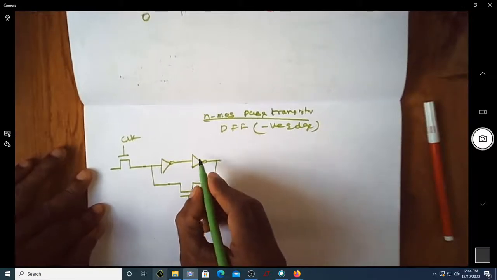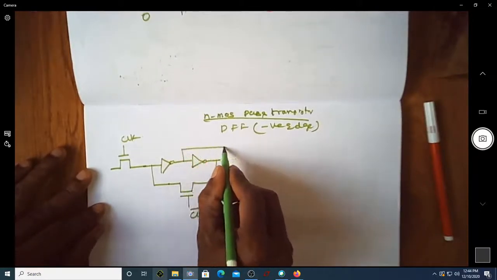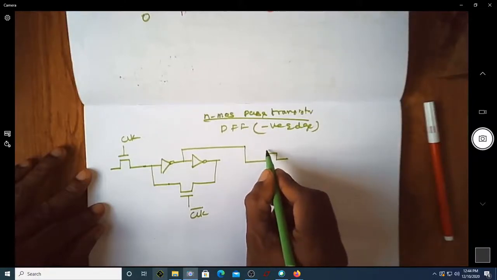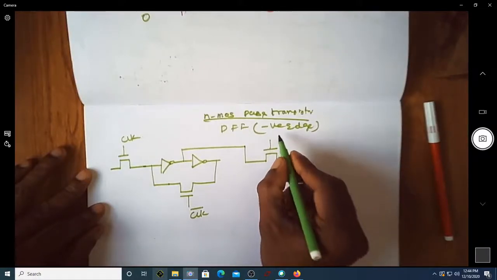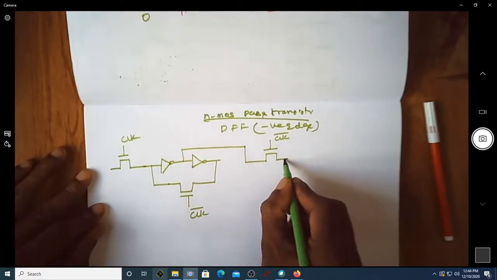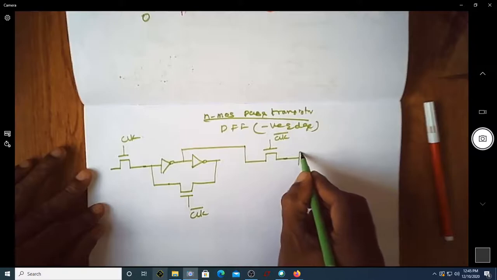Then let me take the output from here and take it as the input for the slave. Now since it is clock, let this be clock bar, and then let me have again one more